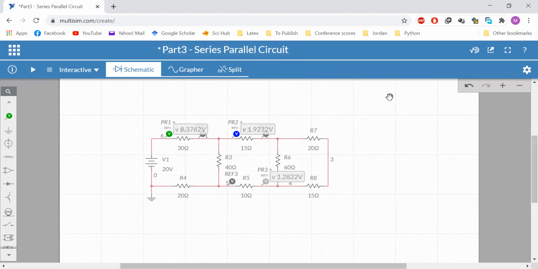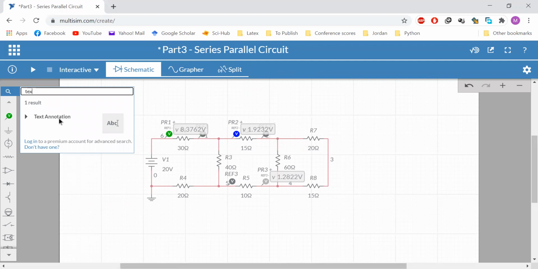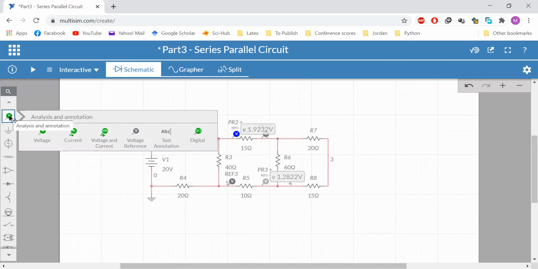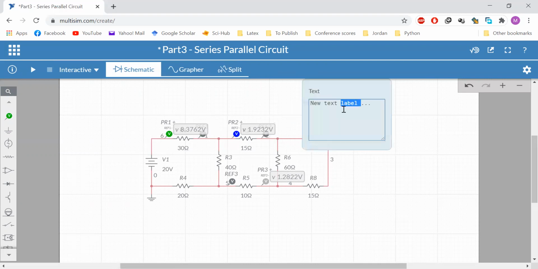Now if you want to add the text, here I'm going to tell you what you need to add. Let me just type "text" in the search. There you go, text annotation. I believe you can find it somewhere here. Yeah, there you go, at the measurements, text annotation. So once you click this one, you just create a box and you can double click and change the